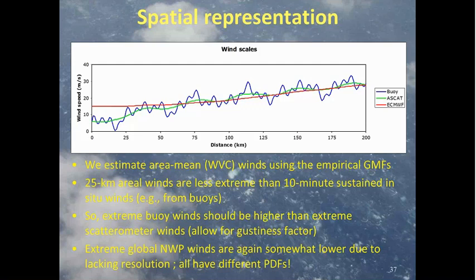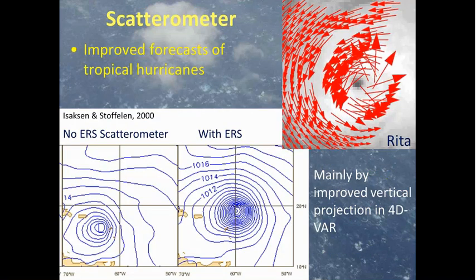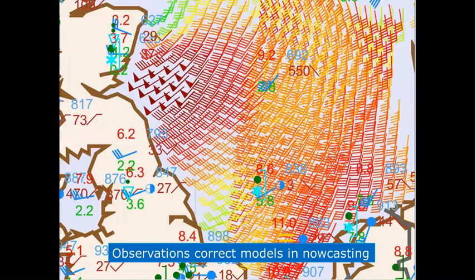So if you look at scatterometer data, they are very much used in tropical cyclone forecasting and also being beneficial for numerical weather prediction, for instance the ECMWF model. Of course, at high winds, it's quite nice to get such a good coverage of scatterometer winds. Particularly NOAA has a lot of experience in better warning systems using scatterometer data.